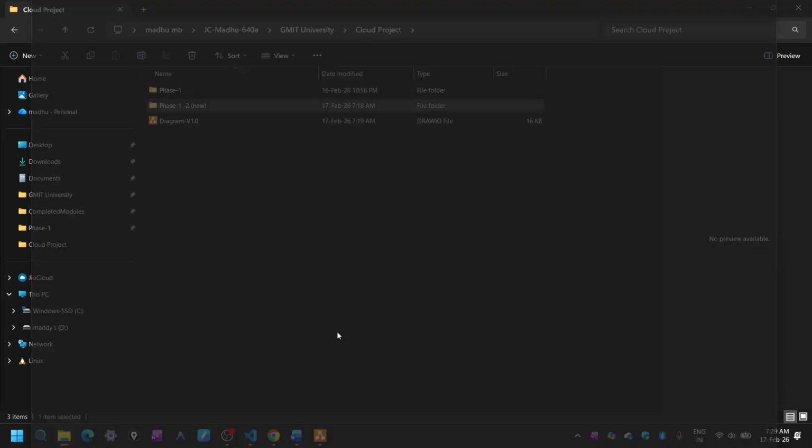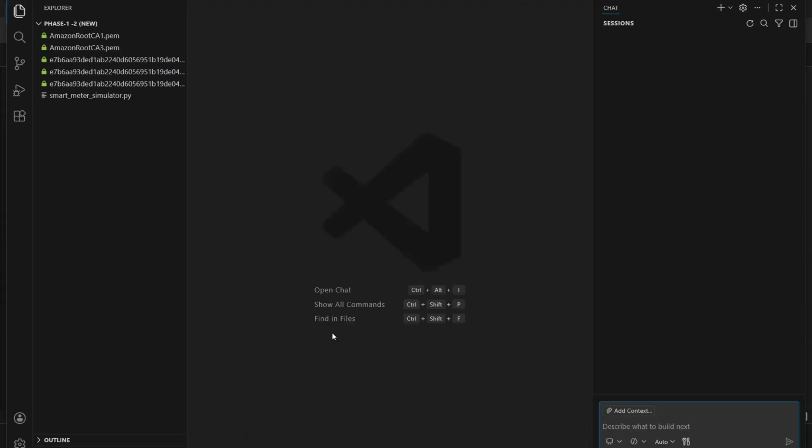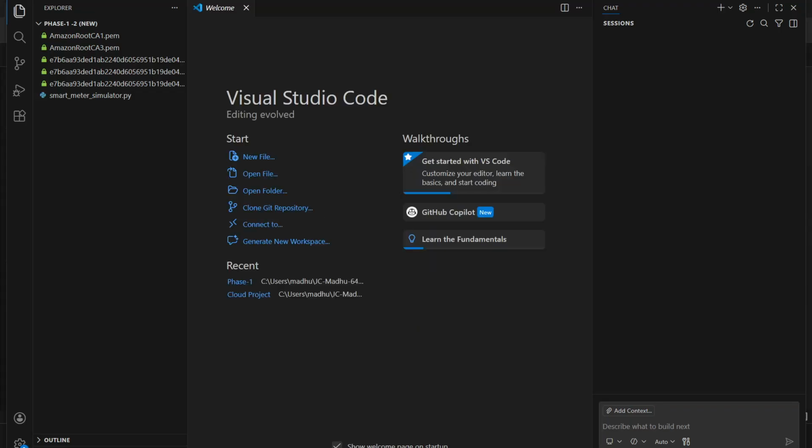If you are familiar with any other code editors, feel free to explore it. Whenever you open this VS Code, a few packages are needed, because we are simulating the